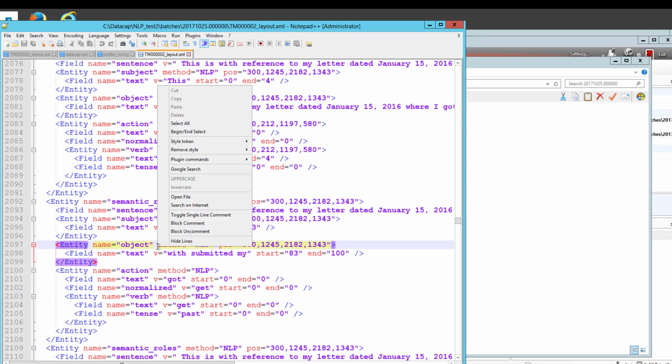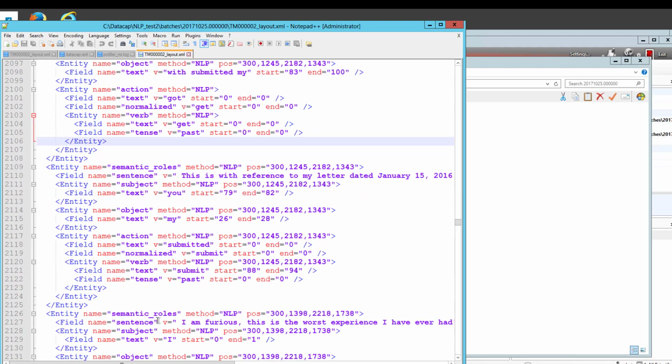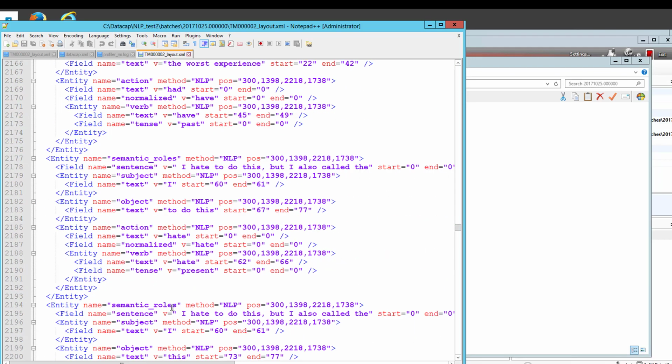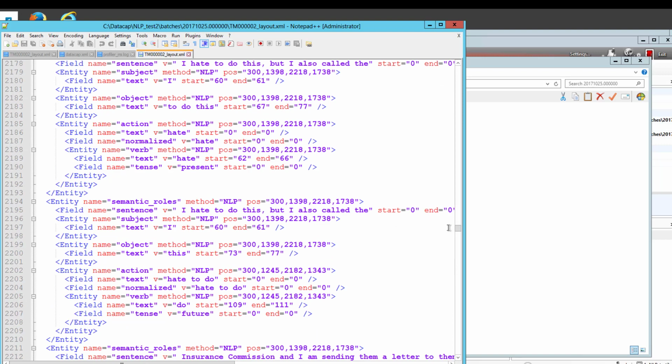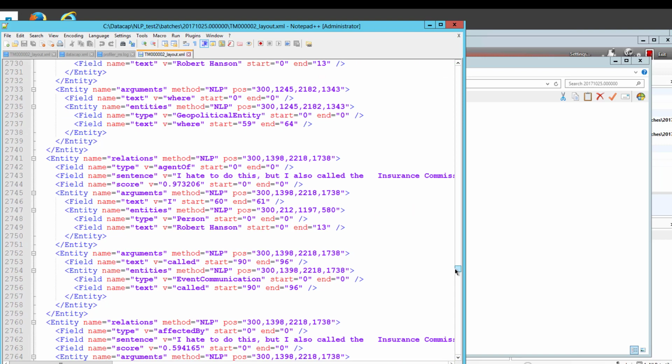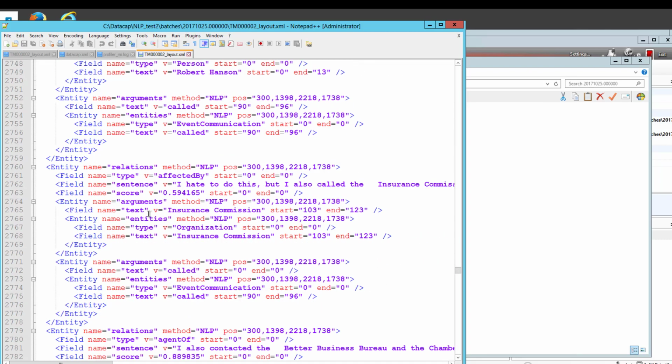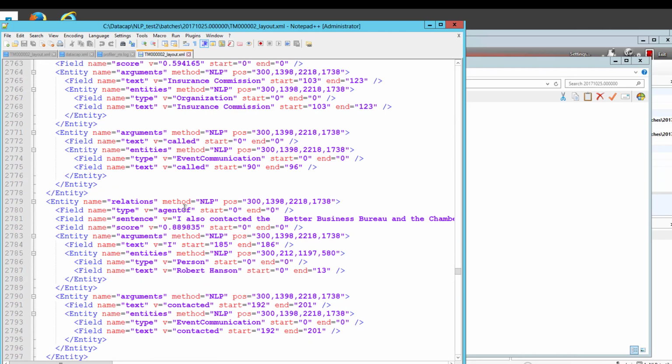We could probably leave that out because I don't need verbs, and it's going to be a lot of data. Verbs and tense and all that kind of stuff. So I might leave that out. But let's just see what we got. If we got names, relations, agent of, I is the agent, the relationship to,